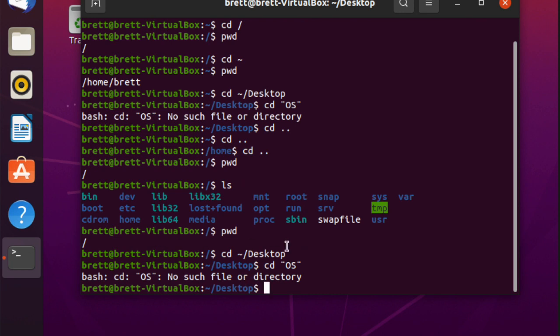There's no such file or directory, no, in the os folder. And next is the